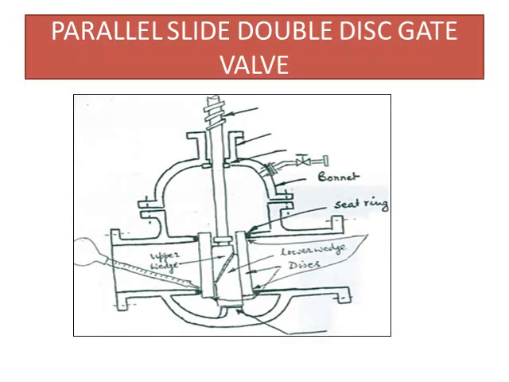This is a sketch of a double disc parallel slide gate valve. Here you can see that two discs are provided in the valve. In these valves, extra sealing pressure can be given for tight sealing of the disc. These valves are used where hazardous liquid or gases are handled and no leakage is allowed into the atmosphere.